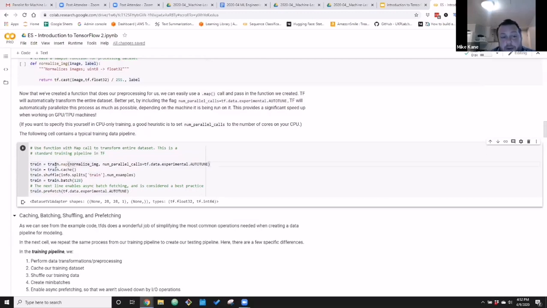First thing I do is I pre-process my data. Now, this is going to be a long-running operation, right? This will not be fast. This is probably going to be one of the more computationally intensive things I have to do in pre-processing my data. So I only want to do it once, okay? And what I'm doing here is